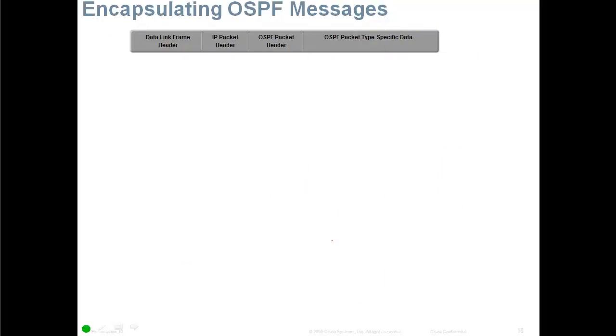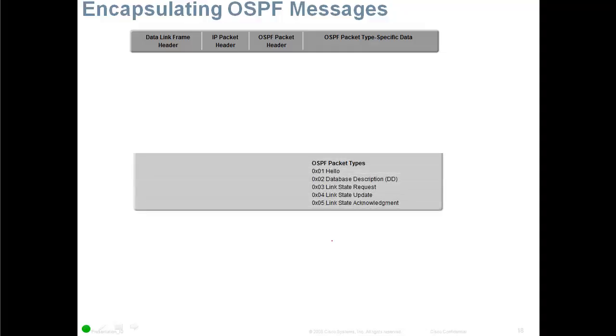So this is the encapsulation of OSPF messages. First, we talked about, and are going to talk even more about, the OSPF packet types. The first packet type was the hello packet. This is how we meet our neighbors. The second is the database description. We describe our database, very small index information on what we know and where to go. Then if the neighbor doesn't know about some destination that we know, they send a link state request. Then we send them the link state updates, and those three in the middle do get